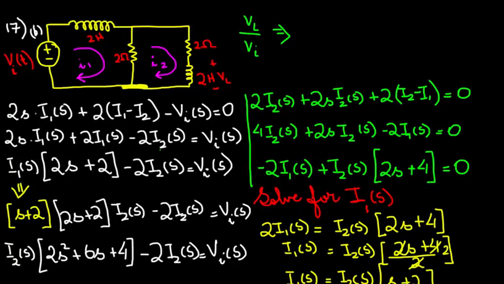So right here is the first loop, which is for I1, and when we convert it into Laplace domain, the inductor would become 2s, because inductor is L dI/dt. So times that with the current, which is I1 of s, plus 2 ohms with the difference of the currents from both sides, which would make it I1 minus I2, minus, because you're entering into the voltage source from this side, VI of s equals 0. Now, doing some algebra,